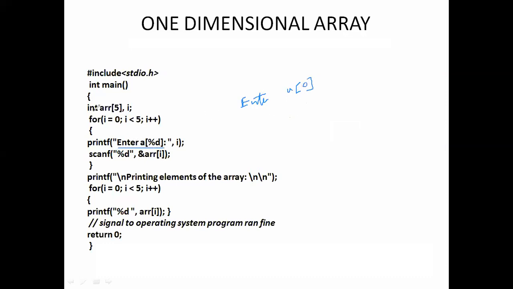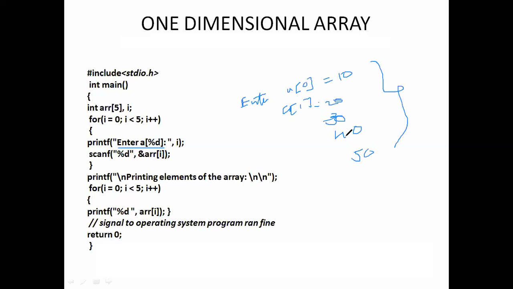Percentage d represents the int value. The given value is 10. Then for a[1] I give the value 20, then 30, 40, 50. So 0 1 2 3 4, in total I have given 5 values as my input.